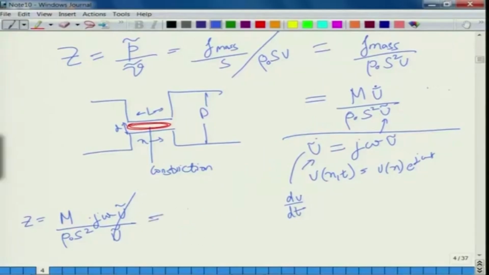If we do the maths further, we will figure out that this is equal to j omega times m by rho naught S square, and the mass within the element, the circled element that I have shown in red, is nothing but j omega rho naught